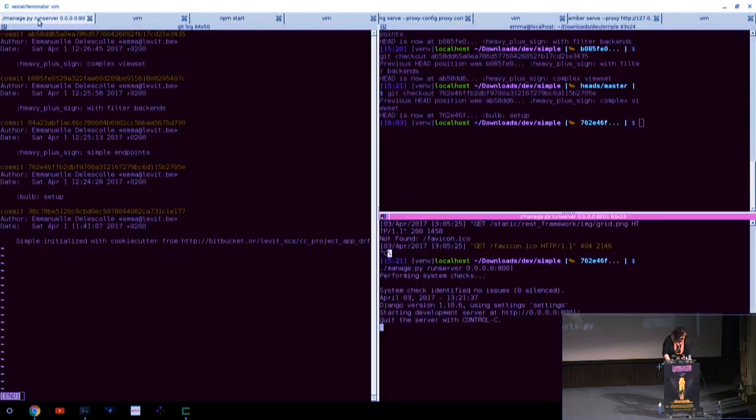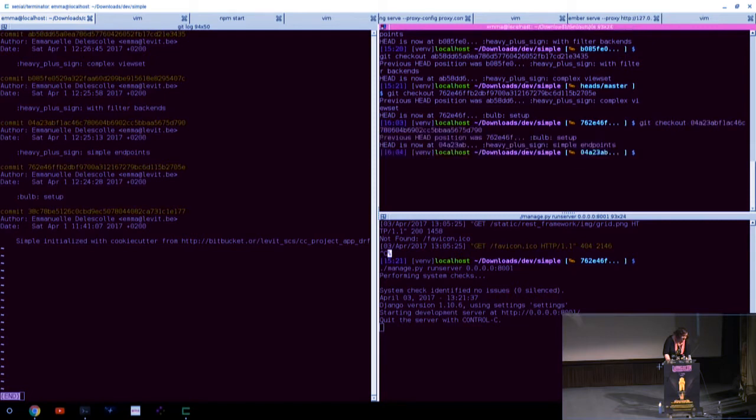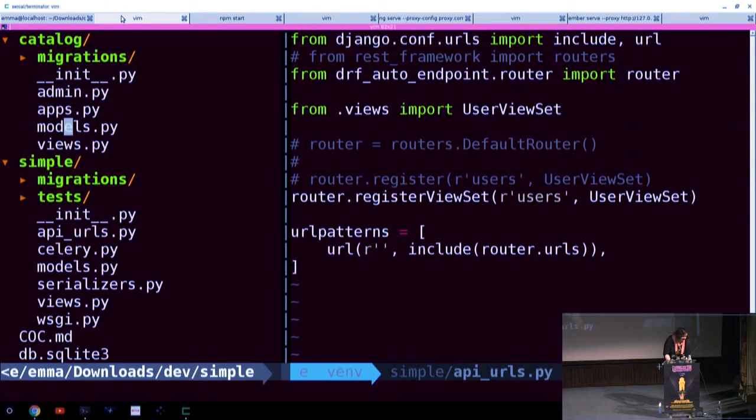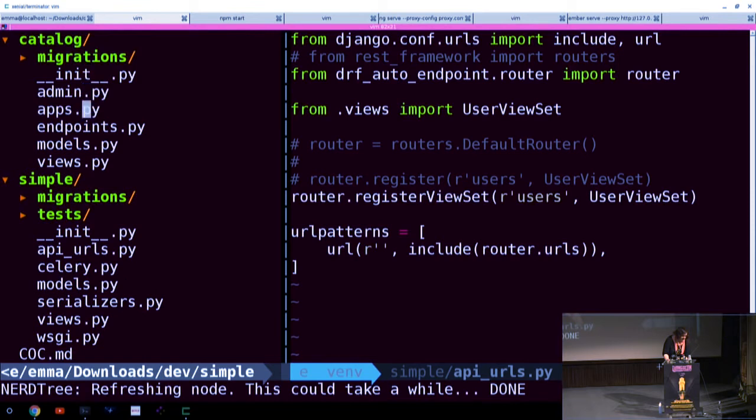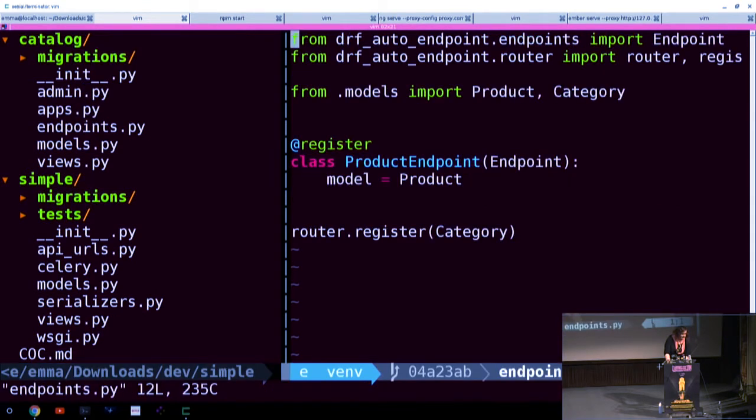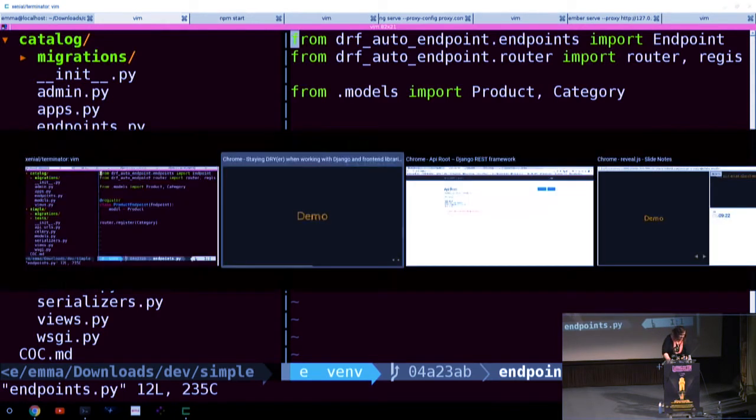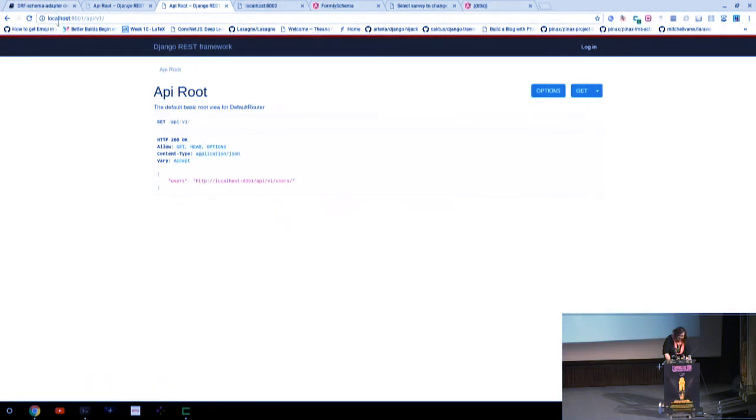Now, I'm going to go a bit further. And back to Vim. I'm going to reload. And so now if I declare here the endpoint code that I just showed you in the slide before that, if I go back here and refresh the page,